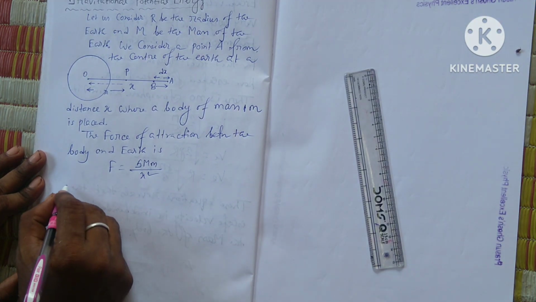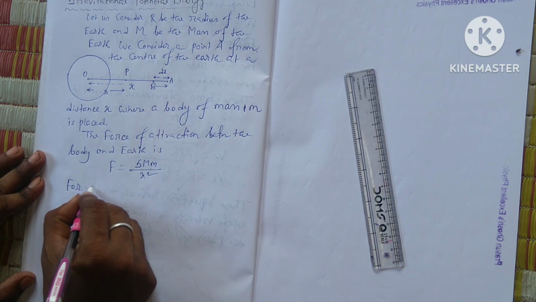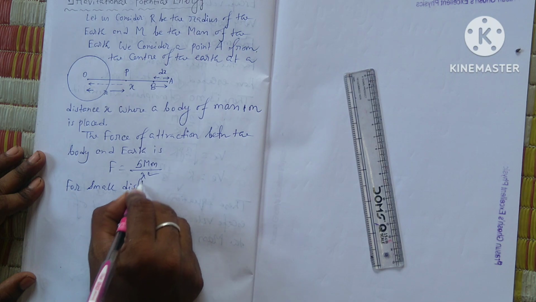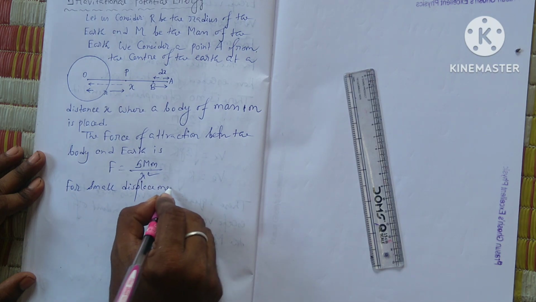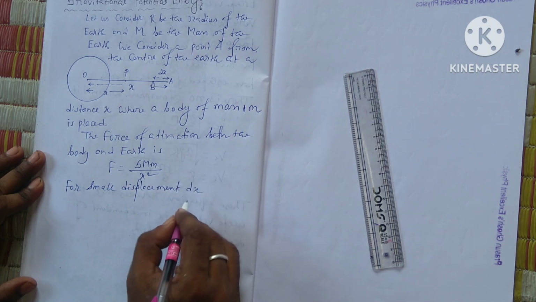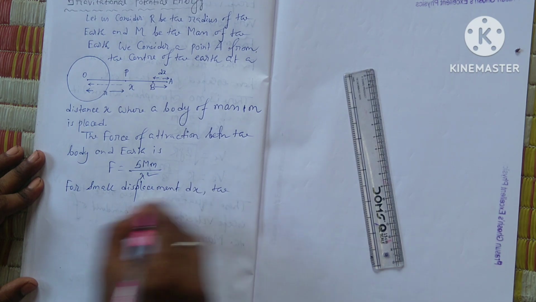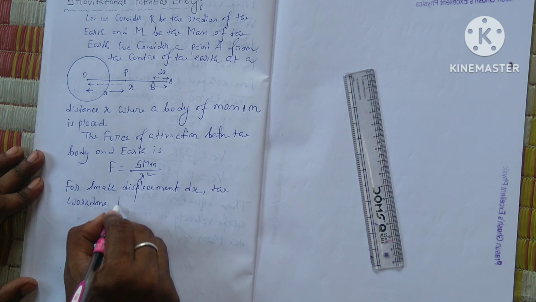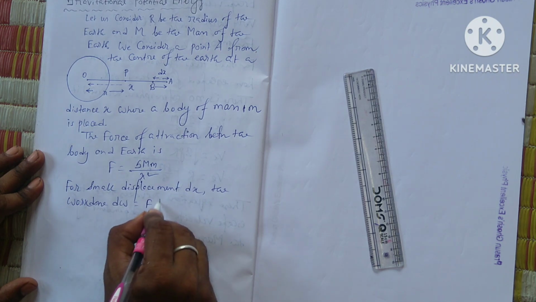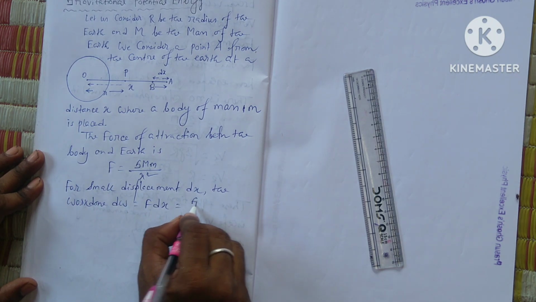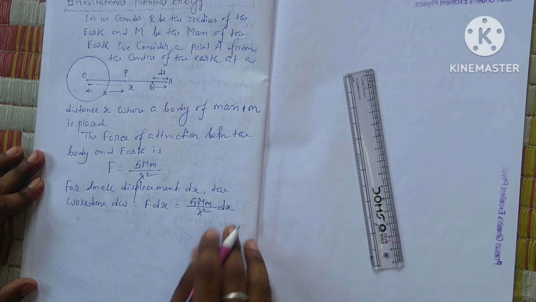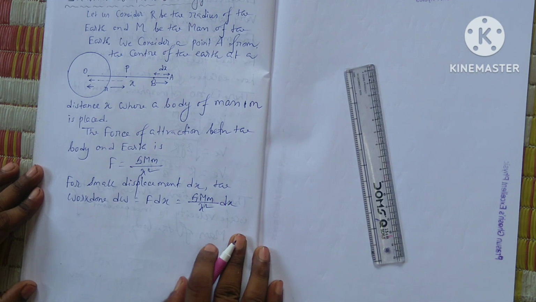So for small displacement dx, the work done dW equal to F dx. So GMm by x square into dx, we can write